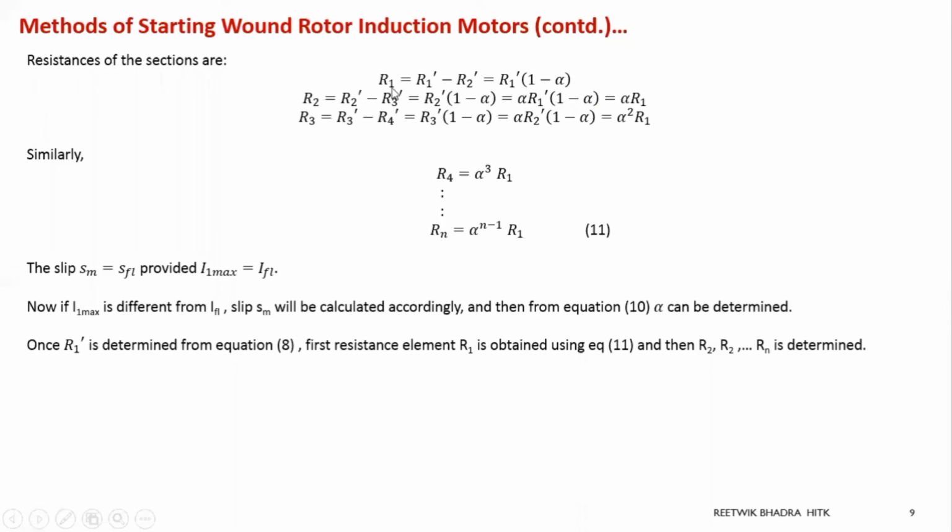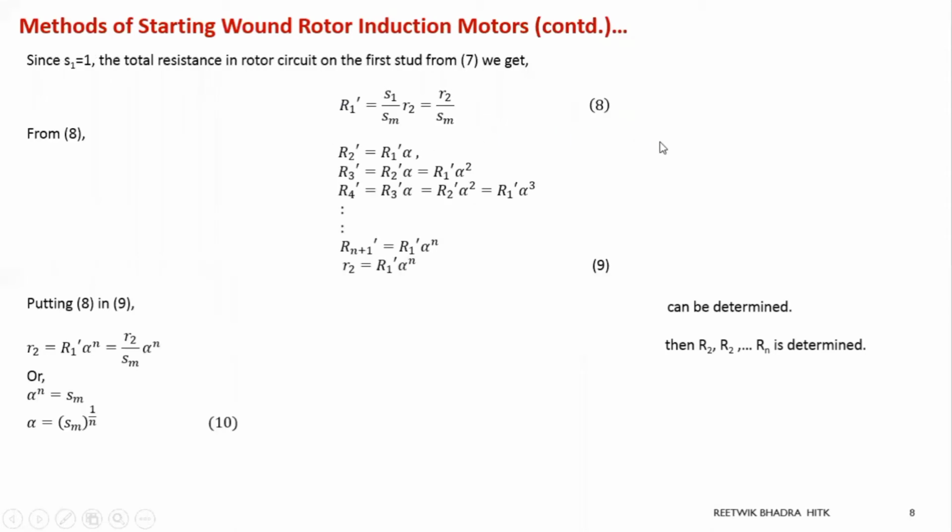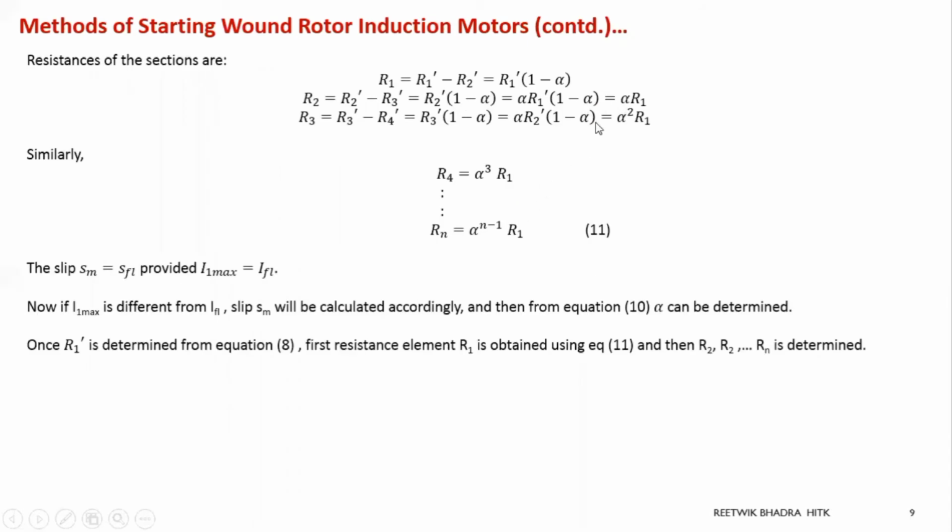If you have already calculated R1, you can also go by this formula: alpha R1, alpha square R1, whichever is easy to remember. If you want to relate this formula and remember it like this, this is dependent on alpha, this is dependent on alpha square, and it goes on increasing. Here also, it is dependent on alpha, then alpha square, alpha cube, and goes on increasing. You can remember it like that also.